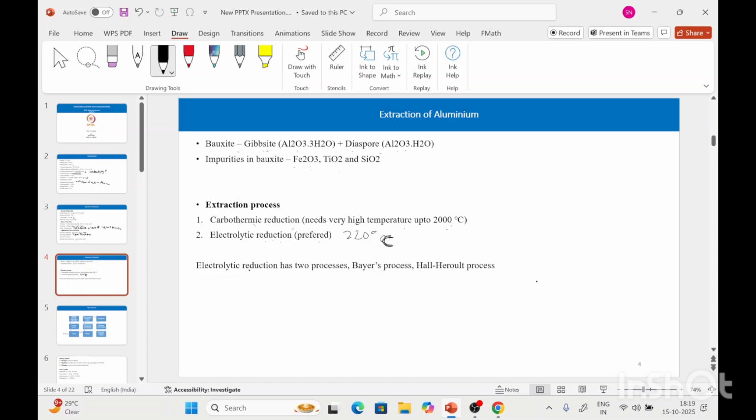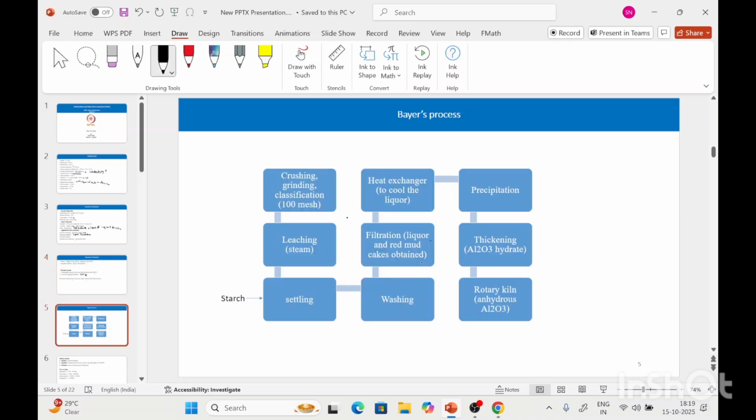Then further, the electrolytic reduction has two processes. First is the Bayer process and second is the Hall-Héroult process. So we will go through these processes one by one. So this is the Bayer process, where first the crushing, grinding and classification is done for the ore to reduce the size of the ore particle,